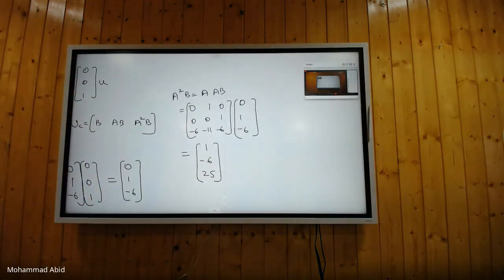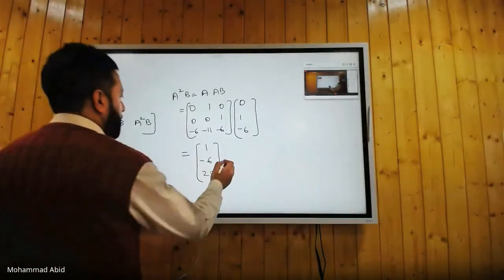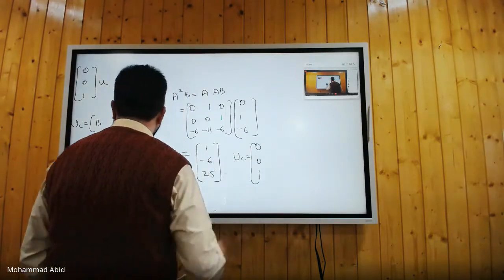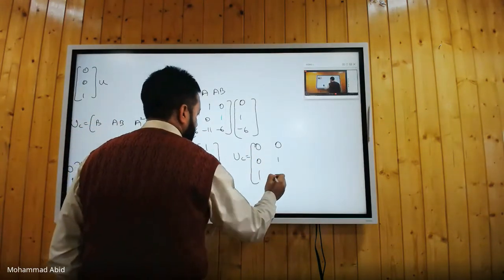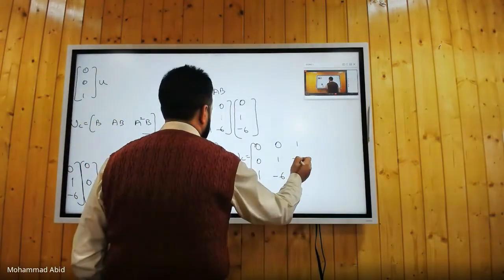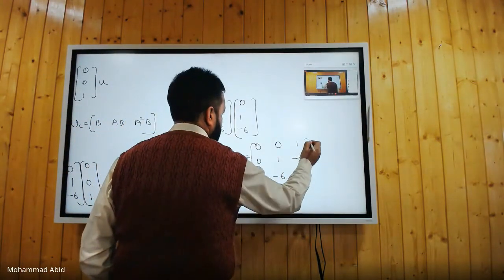ठीक है ना? Yes sir. So what will UC now? UC will be 0 0 1 0 1 minus 6 and 1 minus 6 25।